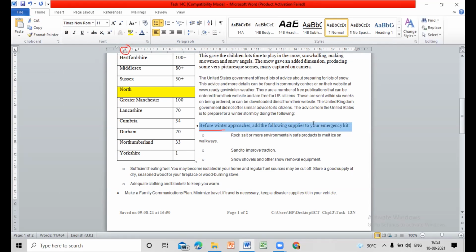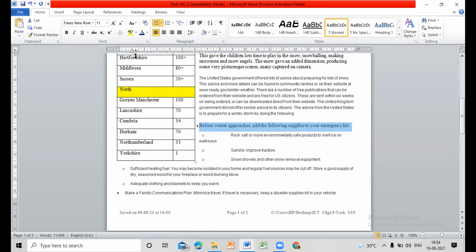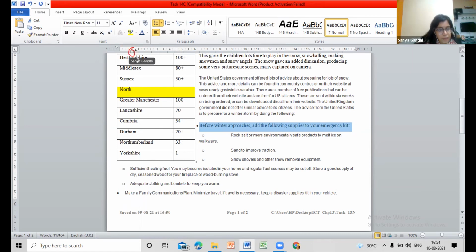Let's try, because they're saying we have to indent it to the left by 1 centimeter. Can you shift it to the 1 centimeter? This one. Shift it to 1 centimeter only. Yeah, I did it. Nothing happened. Shift it more maybe. Let me see if there is any change.